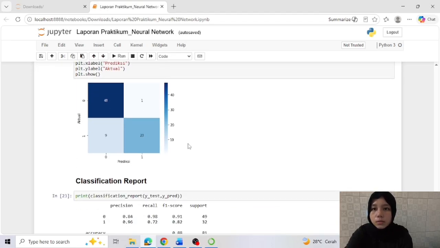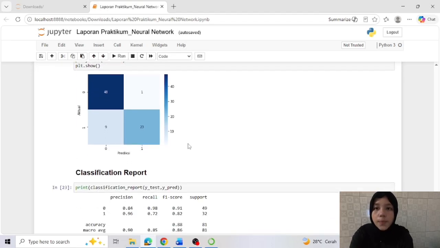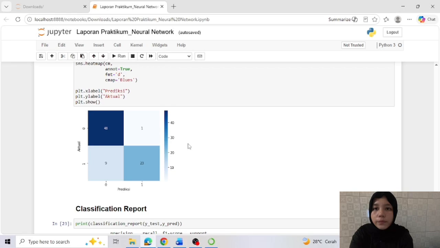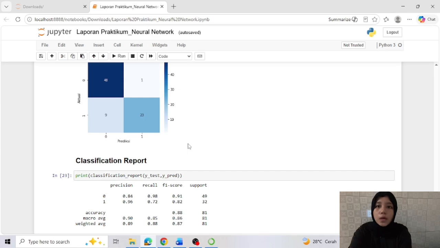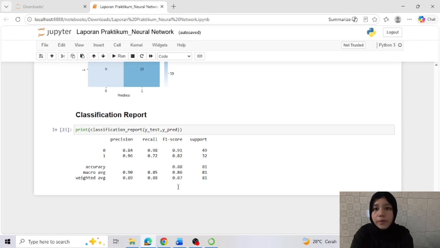The model achieves an accuracy of approximately 7.65%. The second evaluation is the confusion matrix, which shows the number of correct and incorrect predictions for each class. And finally, I use the classification report, which provides the precision and recall.